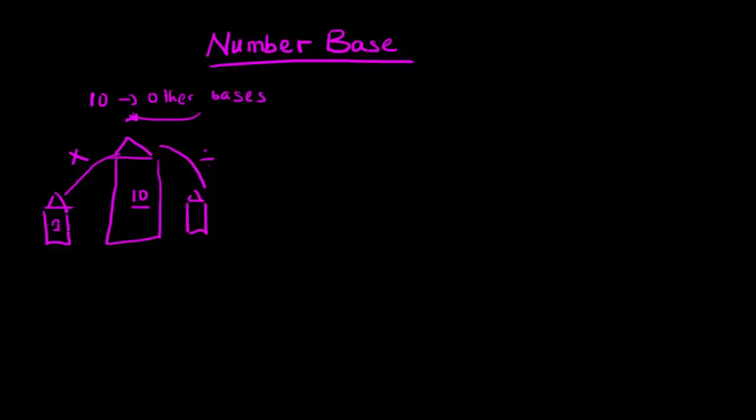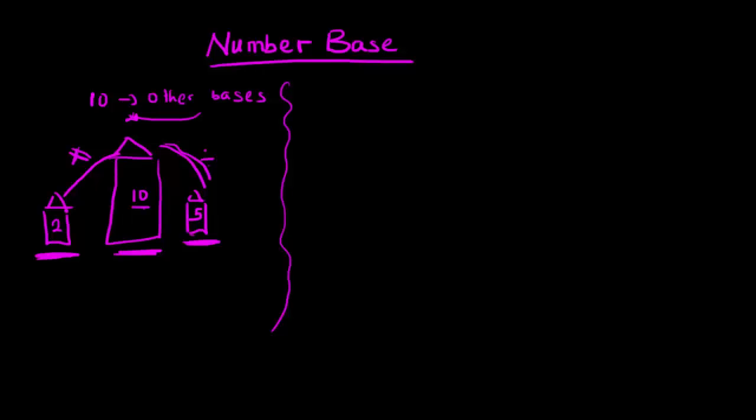Say you want to convert from base 2 to base 5. Now this is what you are going to do. To be able to move from this bungalow to this bungalow, you have to first and foremost go and greet the people in base 10. Ask for permission. So to convert from base 2 to base 5, you have to first of all convert to base 10 before converting to base 5. So you multiply first, convert to base 10, then you divide to convert to base 5. I hope you got that. Now let's take an example.